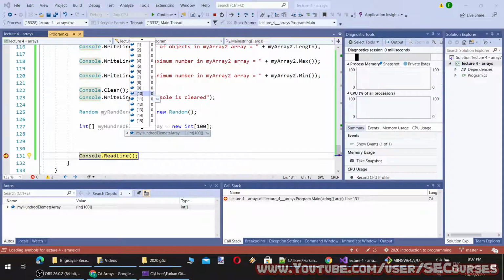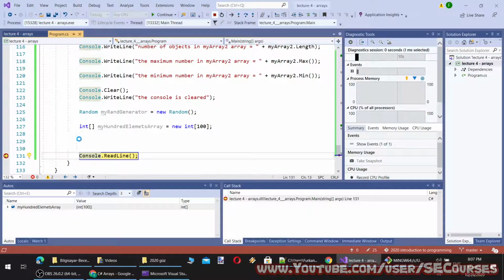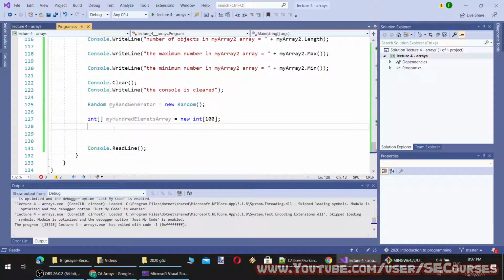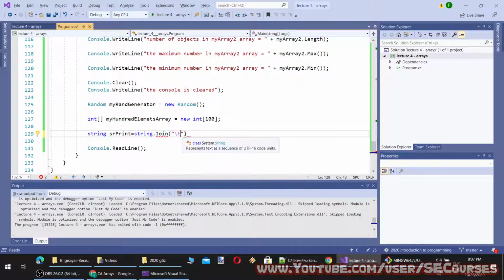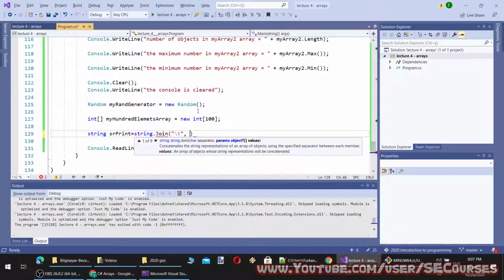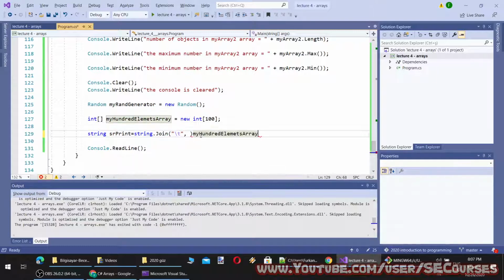Okay, you see they are all 0. Let's print that array to the screen like this. For separating, I'm going to use this one, \t. This is a tab character, a special one. The object is this one, and let's print it.